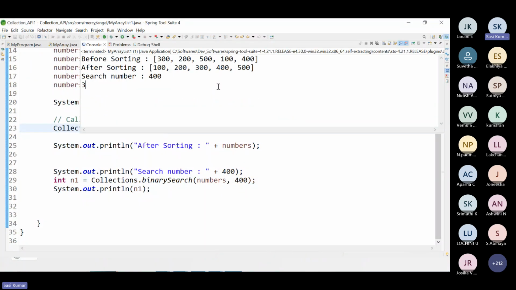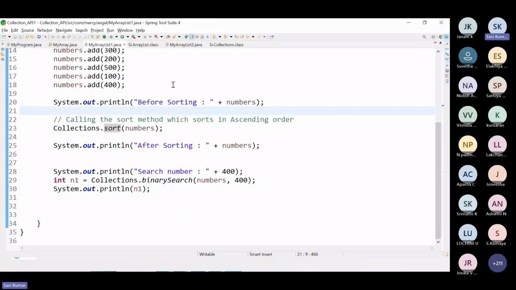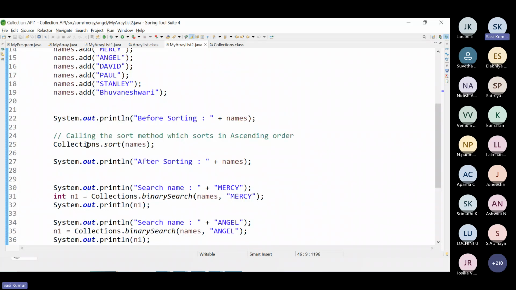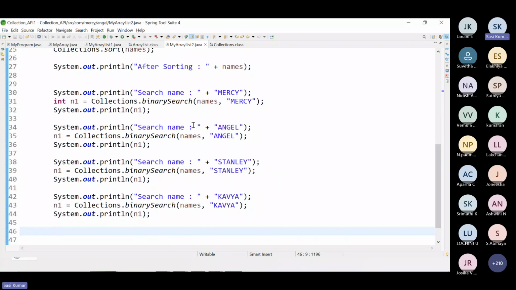Number one condition in an interview, if you attend as a fresher or even experienced, they will ask you, hey, can you write a Java program to sort different types of string objects? Then you can quickly write it. Then they can ask, can you write a program to perform binary search?